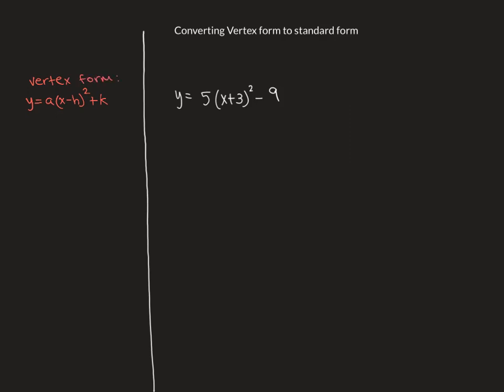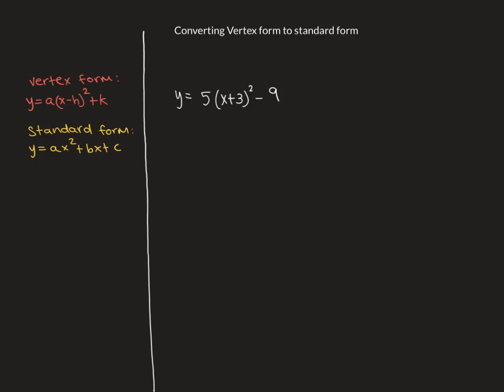Now on the other hand, we have standard form. So standard form would be y equals ax squared plus bx plus c. You've probably seen standard form more often than you've seen vertex form. But we'll be covering how to convert from vertex form into standard form. So what you have to do is,